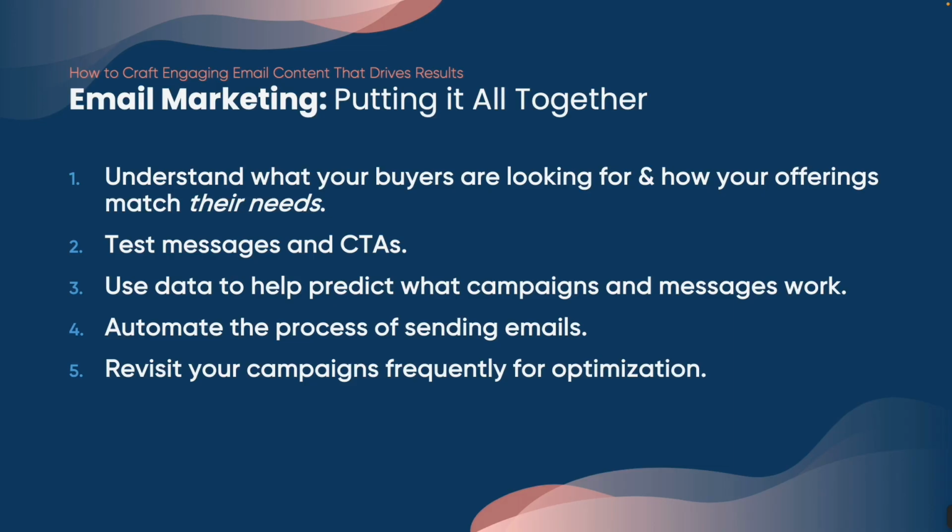Your goal should really be to create a core group, a small core, say 5 or 10 emails that work, so you can rotate these email messages out across your segments, and then you can use those as a model for what will actually be successful. And then automate your email campaigns as much as you possibly can, whether it's scheduling or doing a workflow, so that you can make your campaigns more effective and also consistent. And then revisit your campaigns frequently to make sure they're as effective as they can be, because a campaign that's successful today, maybe in 3 months, has turned a little stale and your list isn't responding to it as much as it was previously. So keep revisiting your data and keep optimizing your emails.